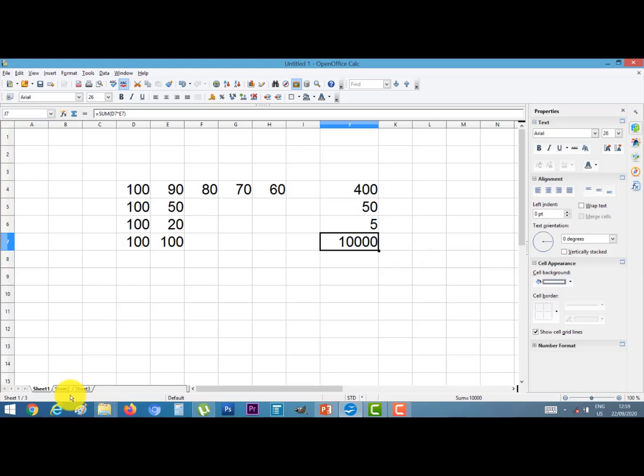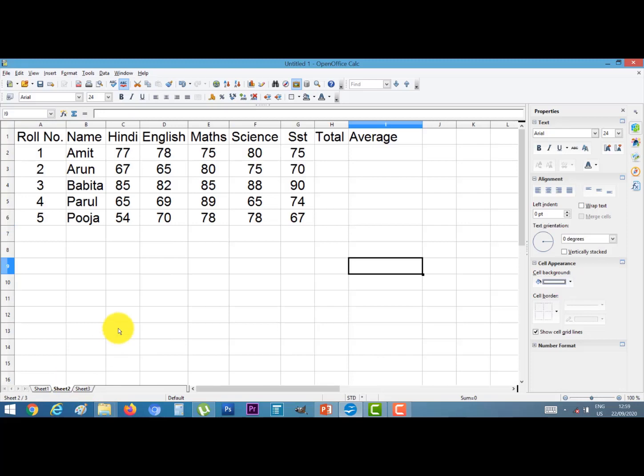Now I make a list of some students' marks. I want to add these numbers in this column. Then I give the equal to sign, sum, bracket start.